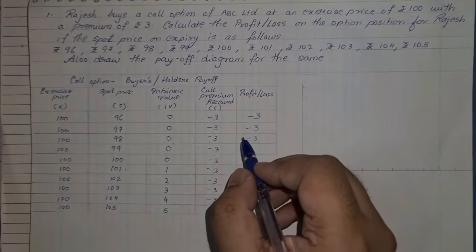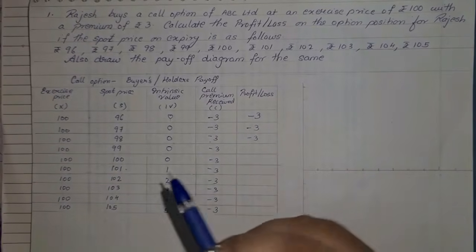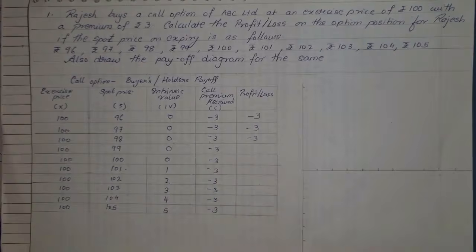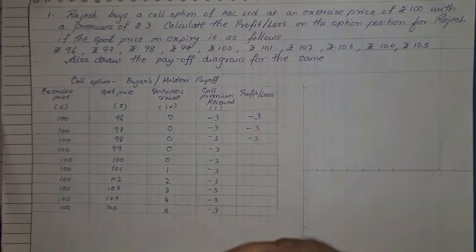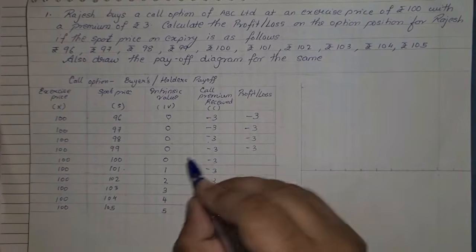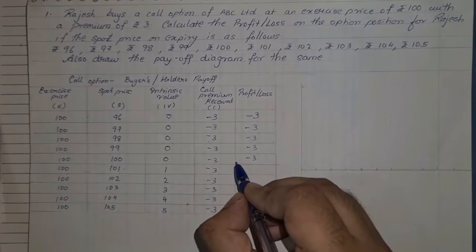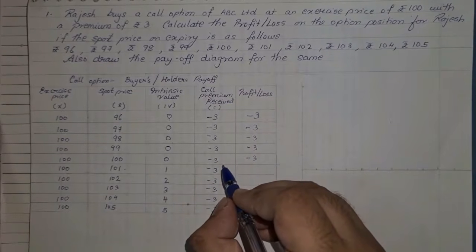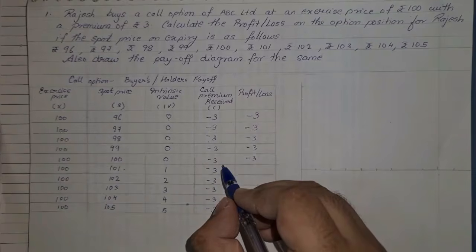Since it's a call option and you're taking an exercise price of 100, any amount less than 100 will give you a loss of the amount that you have paid as a premium. So 0 minus 3 is again -3, 0 minus 3 again -3. After this point, where your spot price is more than your exercise price,